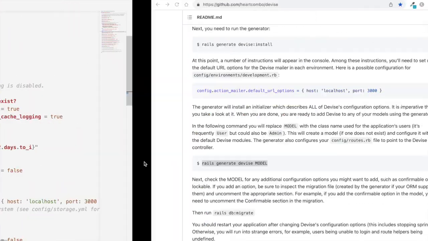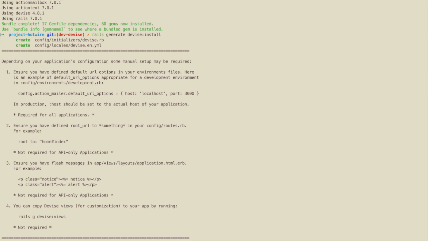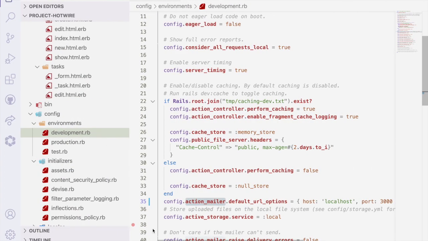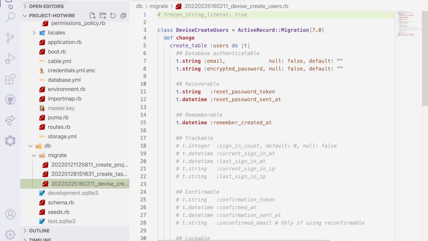So what I'm gonna do here is say devise user, and then I'll run this one, and it will generate the database migration for you. If you look here, I'll go down to the db folder, and then you have a devise